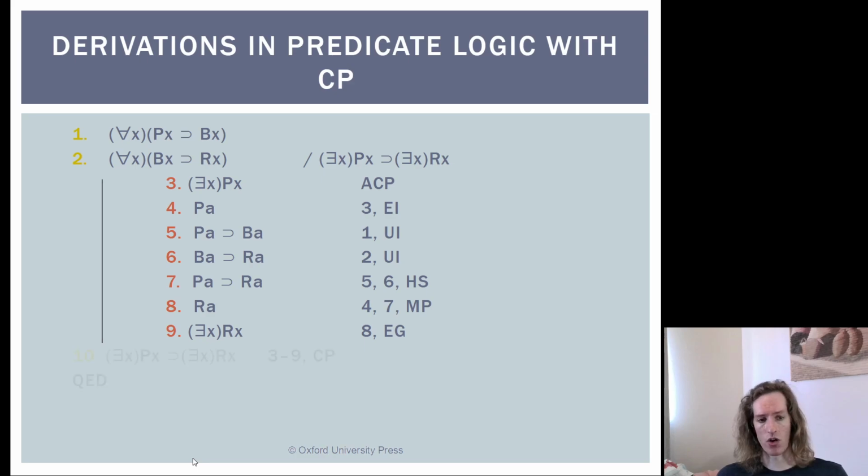And now we can discharge our entire conclusion, because we started with the antecedent that we needed, and we arrived at the consequent that we needed. So we discharge the entire thing as this conditional statement, where the antecedent is the first line of our conditional proof, and the consequent is the last line of our conditional proof, and as justification we write lines 3 through 9, conditional proof. Because this matches our conclusion, we're done.